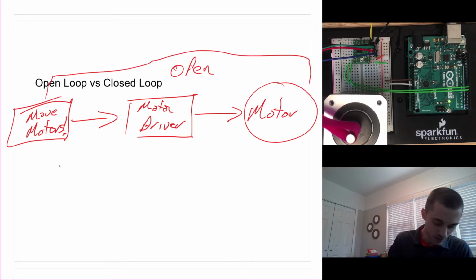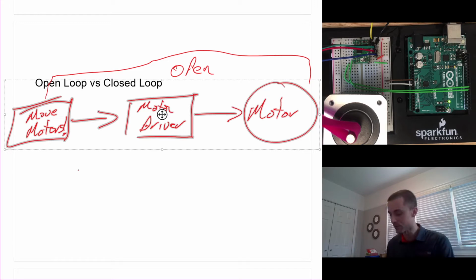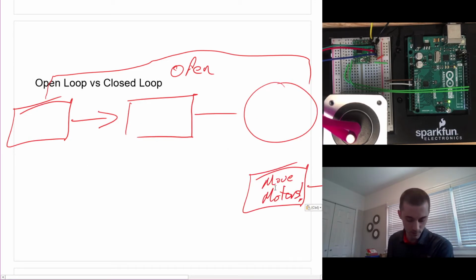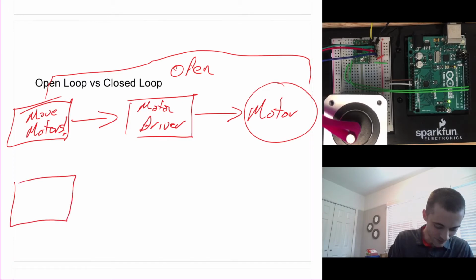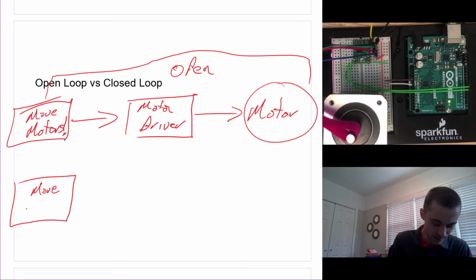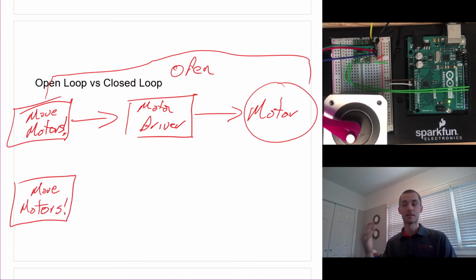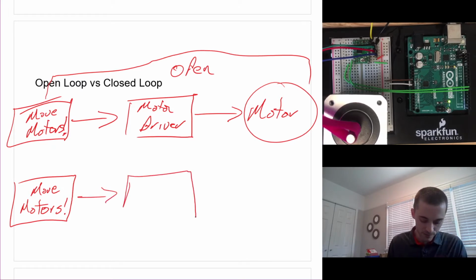Now, what happens if we implement a closed loop system? We're effectively doing the same thing. Let's just draw it again. We're saying move motors somehow, right? We want to come up with a program that tells the motors to move in some pattern, draw a line or shoot a laser along a specific line or drag one of those router bits through a piece of material in a specific pattern. And so it's telling the motor driver